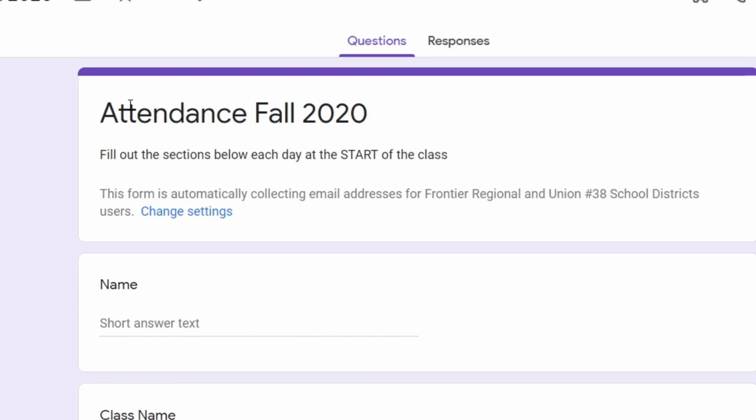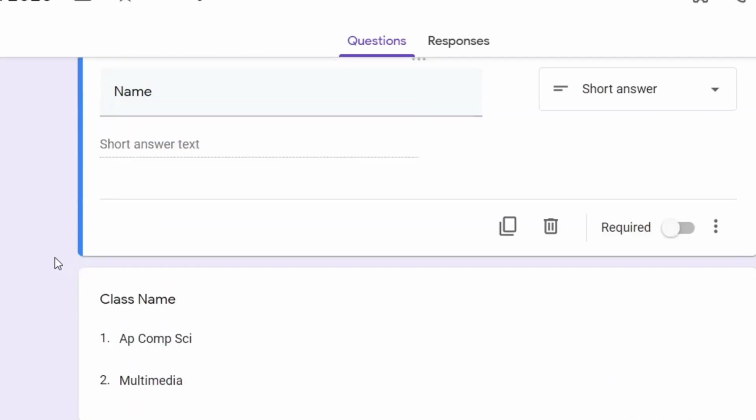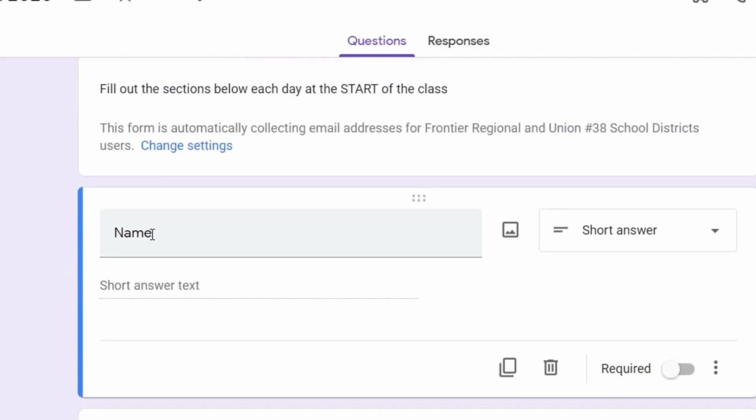You just make one for your entire fall, and you ask them to fill it out at the start of the class. Some teachers suggest at the end of the class, and you can do it as a summary, but you know, as well as I do, that kids forget. Everybody forgets, so it's better to do it at the kickoff of the class. And you're going to have them put their name in here,